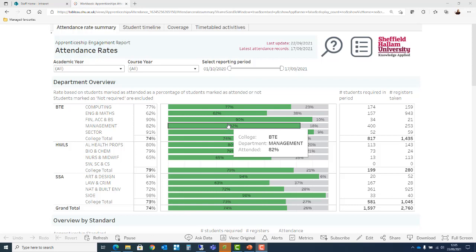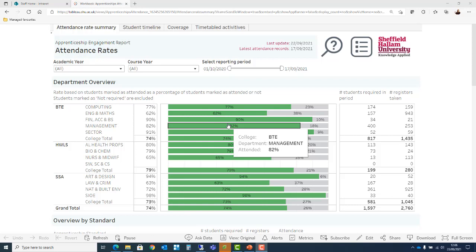The core data on the dashboard comes from registers created on the JISC Data Explorer system. Please be aware the data for each register is sent to us once overnight by JISC. If the attendance details on a register are changed on a subsequent day, those changes won't be reported on the dashboard. That data is combined with student records from the SITS system and details from the MATAS system so that we can report by event, student, or summarise by date, department, course, module, or apprenticeship standard.